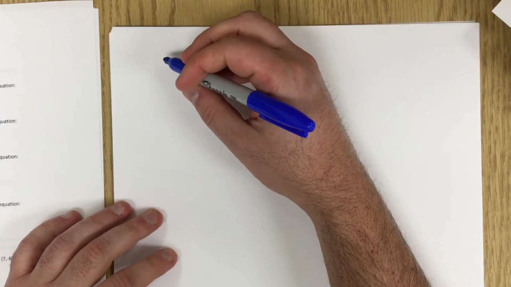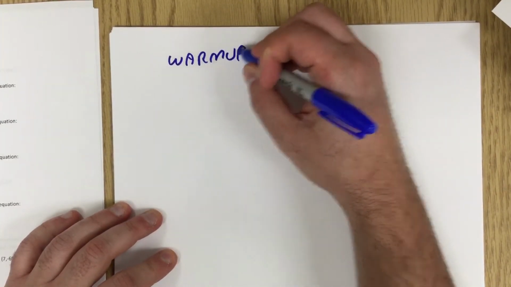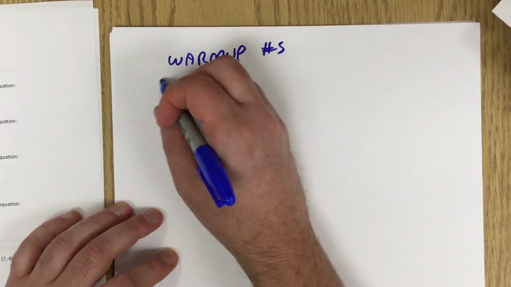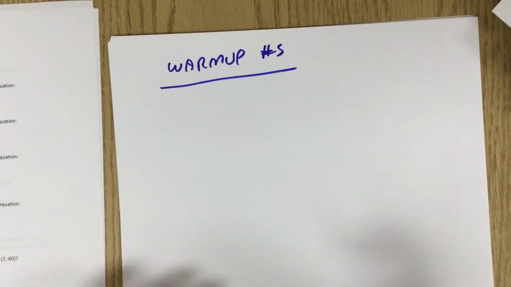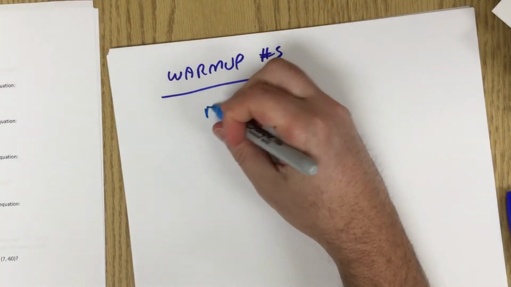So still more warm-ups. We're going to have warm-up number 5 now. So warm-up number 5 is going to be a different type of equation. Now we're going to go the other way. So I'm going to say